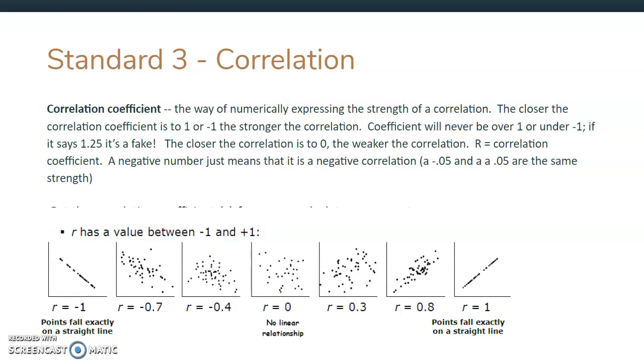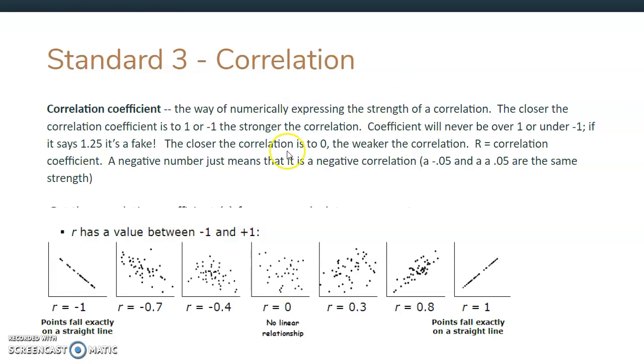At 0, there's going to be no line. There's no indicators of a line. As you move up to like 0.4, you can kind of start to see an upward tendency, a downward tendency at -0.4, and you can see much more of a line at -0.7, okay? Look, on the negative, the line heads downward, okay? On the positive correlations, the line moves upward, right?